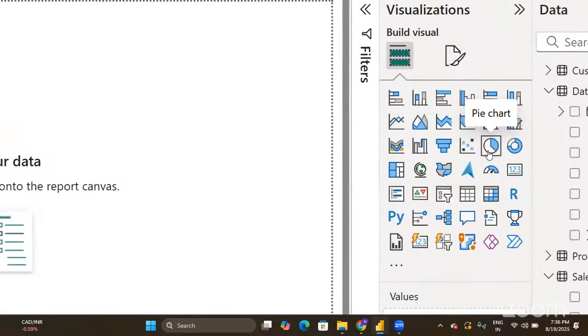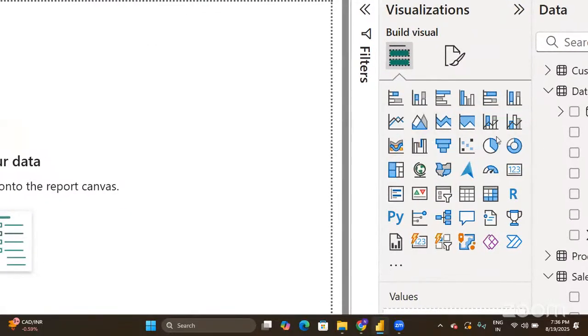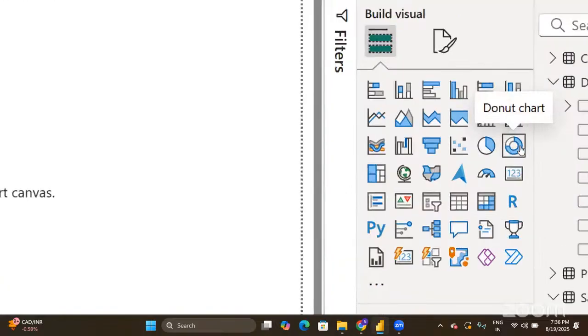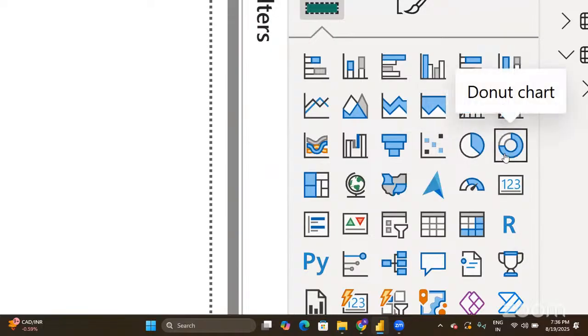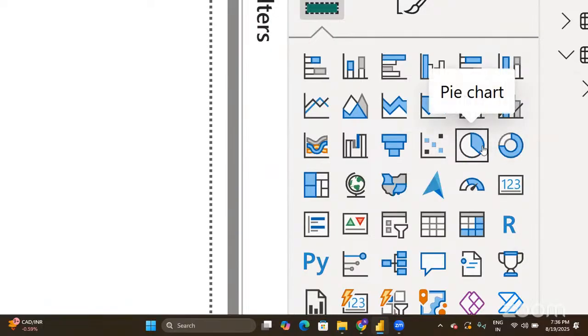Where do we have pie chart? In record 3, third row, fifth column. These are the same, both are the same. Pie chart, donut chart. The purpose is the same. I'll tell you what is the purpose of both pie chart and donut chart. But the only difference that you'll observe is,